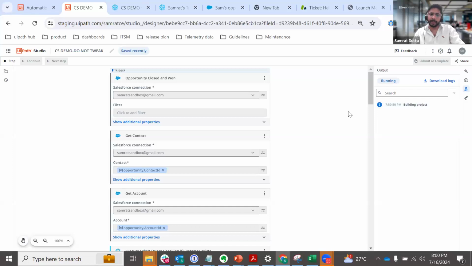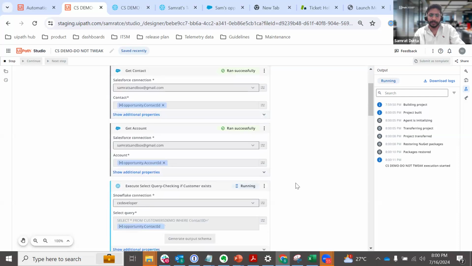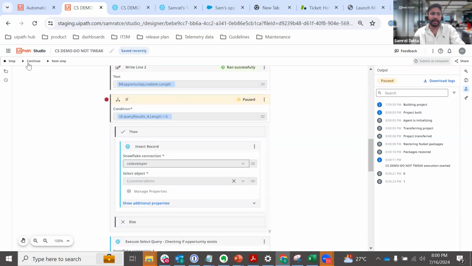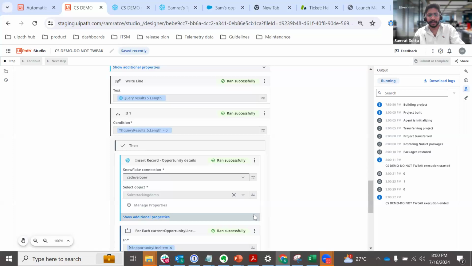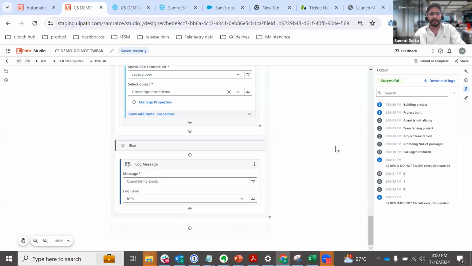Just started building the project. Getting the account, executing the query. I have a breakpoint. Sorry about that. Again, executing a query if opportunity exists. Set record. Okay, so looks like the workflow ran. Let's go back to our